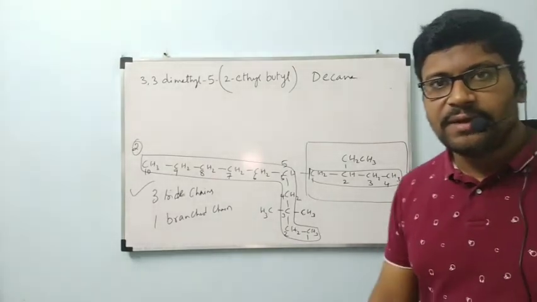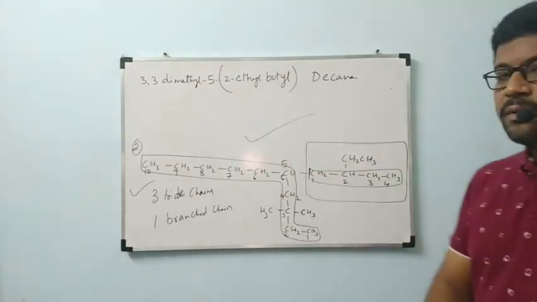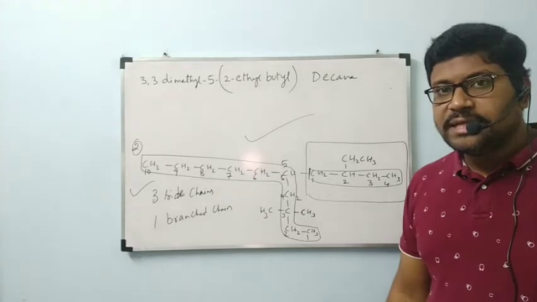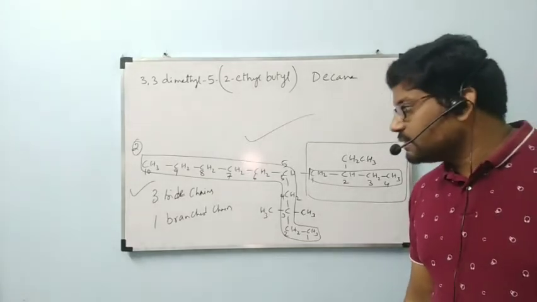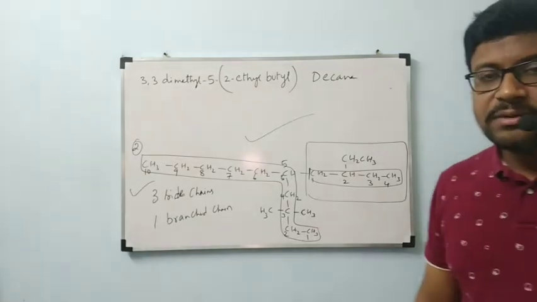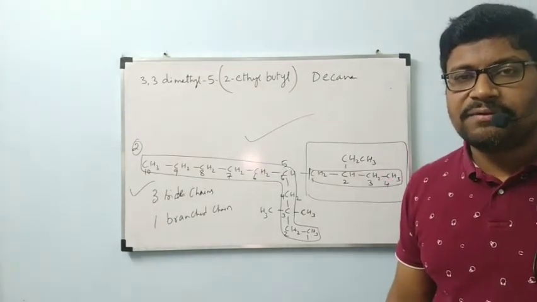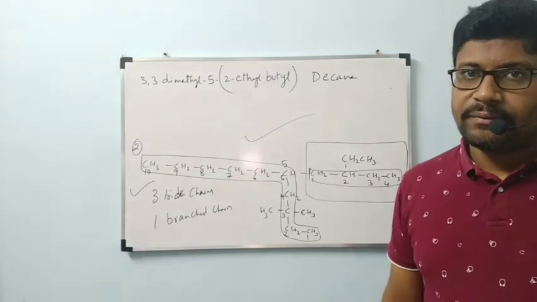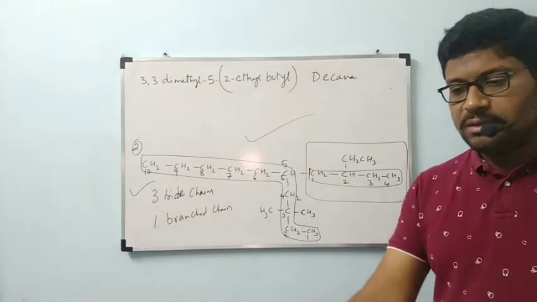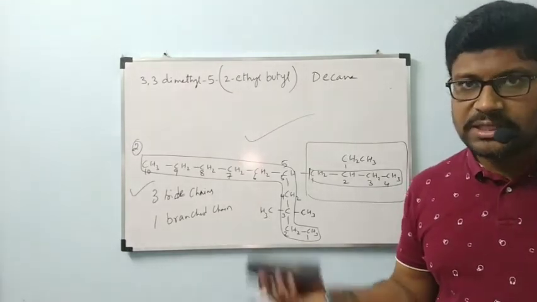In this way we have to give the name of this compound, and this is the correct name. Previously that carbon chain had 2 side chains and 2 branched chains. This one has 3 side chains and 1 branched chain. So we have to select the parent chain in a way that it should contain the maximum number of side chains. This is about what I told now, one example they gave in the textbook, that is this one.